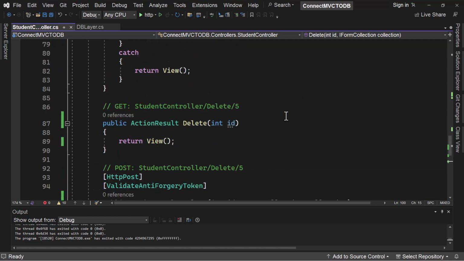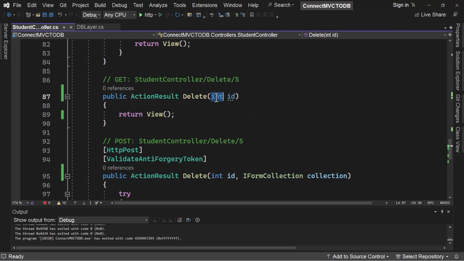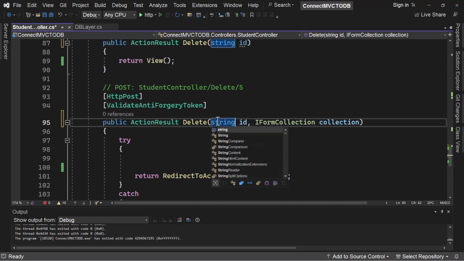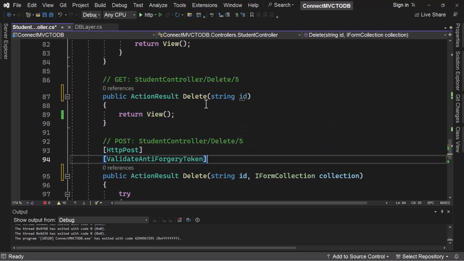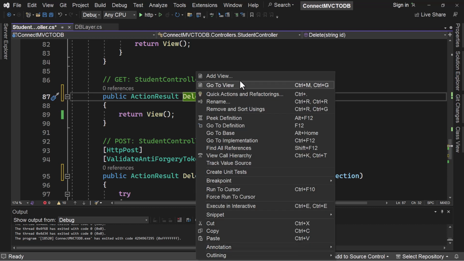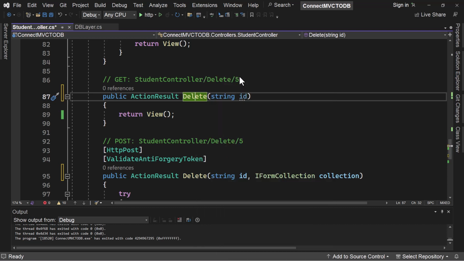So firstly, because we know our student ID is a string, I'll change that to a string, then also here, and then I'm going to create a delete view. So whenever we click the delete link, it should take us to this view. So I'm going to add a view,